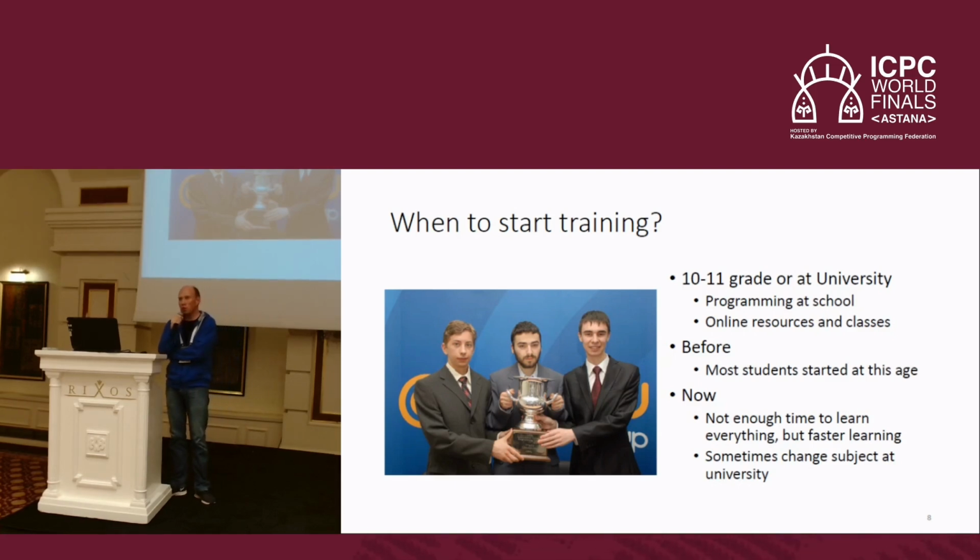In the fourth year of study, he couldn't qualify for the world finals. His team lost. In the fifth year again, his team couldn't qualify for the world finals. His team lost. In the sixth year, he would normally not be able to compete because you can only compete 5 times. But as you remember, in the first year he couldn't program, so he didn't participate, so he had 1 attempt left. So he participated again, qualified, and became the world champion, which you can see in the picture. It's never really too late to start. So sometimes people change subject at the university.